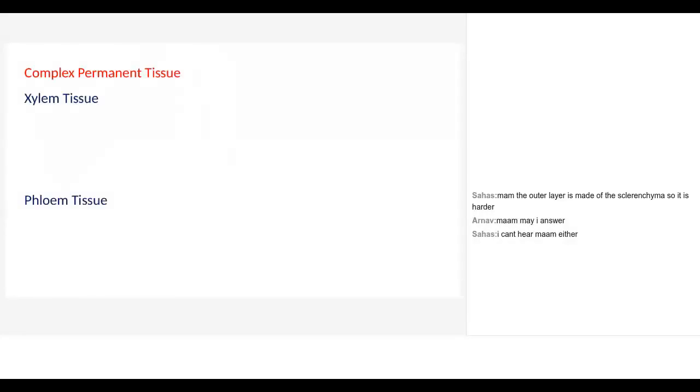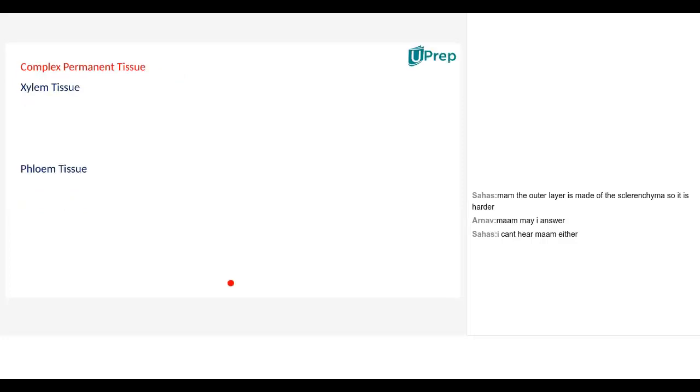Am I clear with this concept? This very basic concept will follow you till your NEET exam. The ascent of sap theory by J.C. Bose, cohesion tension theory. Are you clear with this concept? Then the next concept is very easy to understand. We can just go in a very smooth way. Are you clear with this? Yes, shall we move on? Any doubts with this? No. Okay.